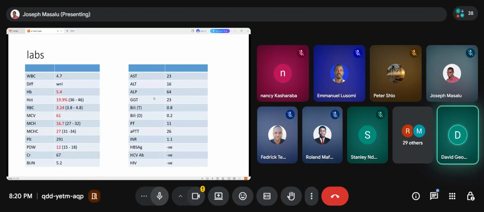Okay, so as I discussed earlier, I was very much interested to see the other cell lines. We see the WBCs are not touched. The platelets are normal. So we see a severe anemia, which is microcytic hypochromic. A microcytic hypochromic anemia. Well, I saw the red cell, I mean the